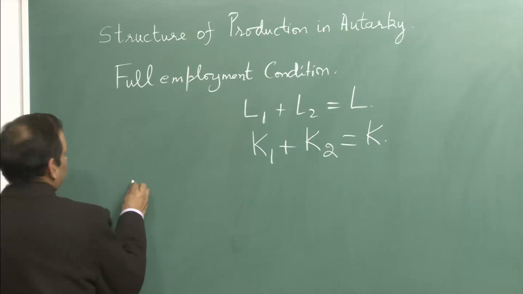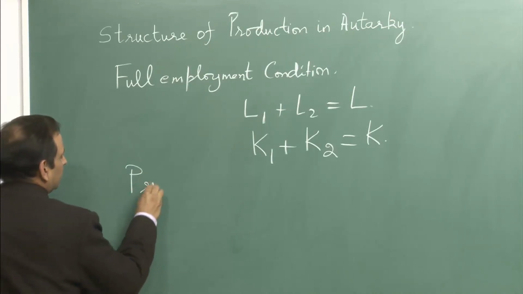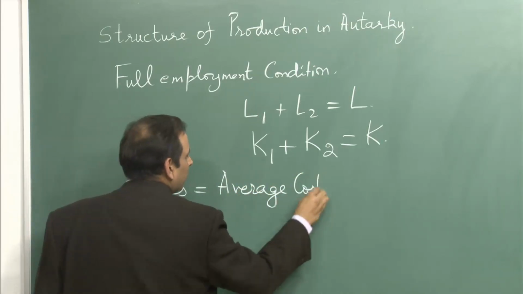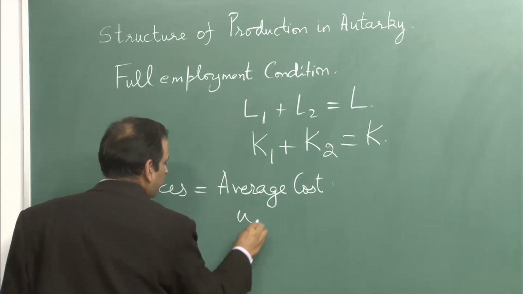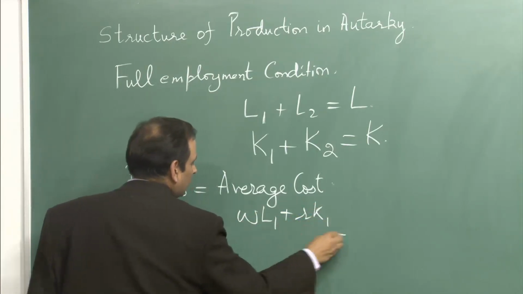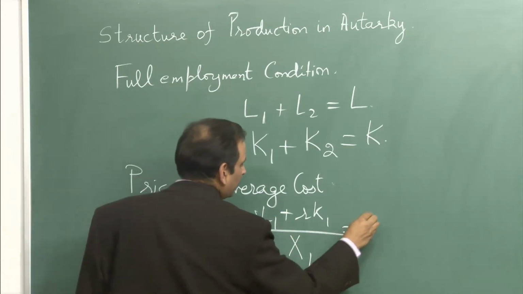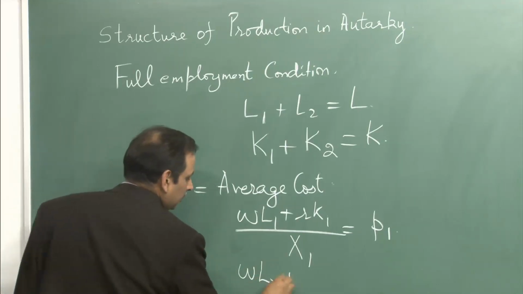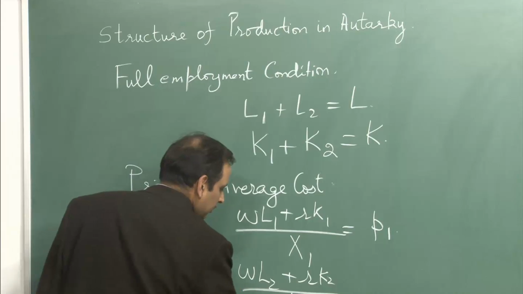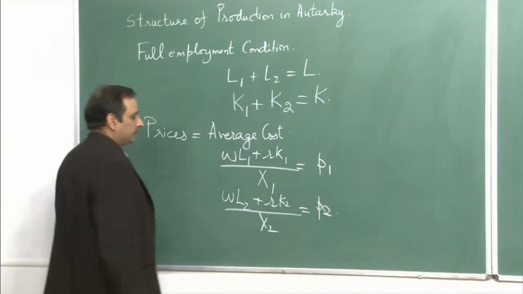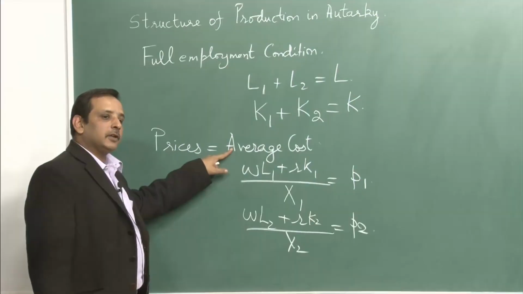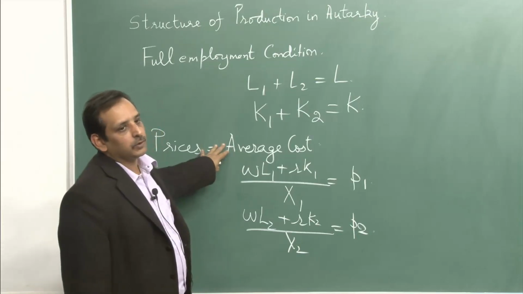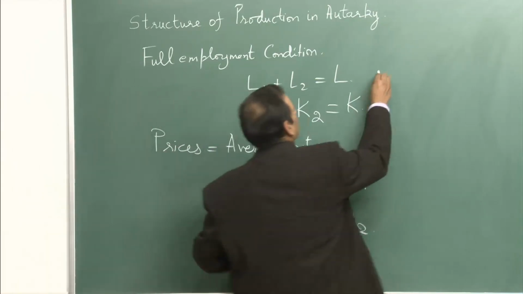Then there is the condition that prices are equal to the average cost. Now, this would mean, this is the total cost divided by the output. This prices are equal to average cost, and for the other good, it is equal to this. Now, prices are equal to average cost when you assume long run and it is perfect competition. So, prices are equal to average cost. Now, if you work further on this,